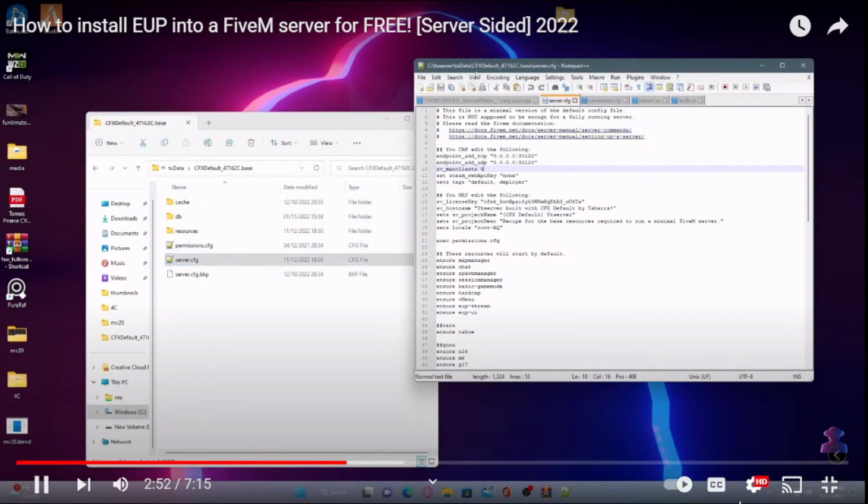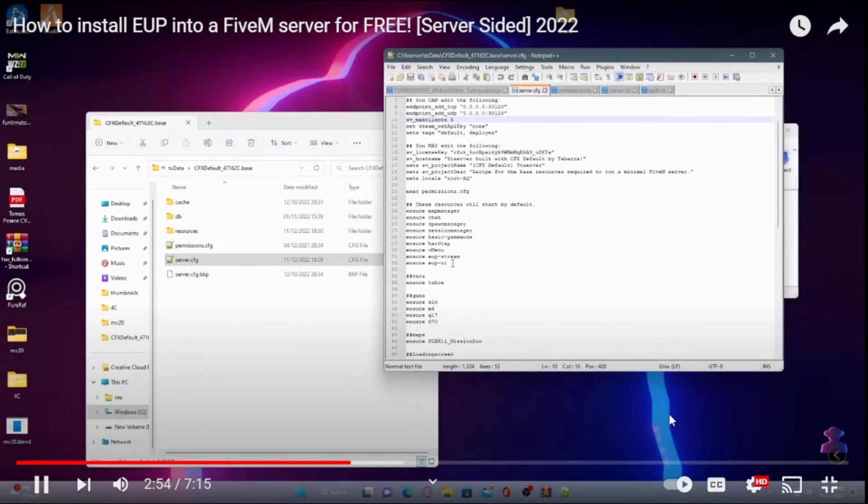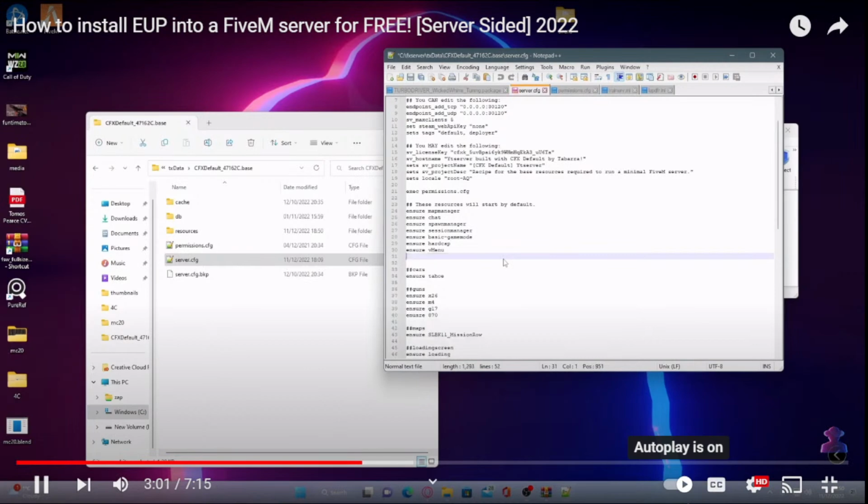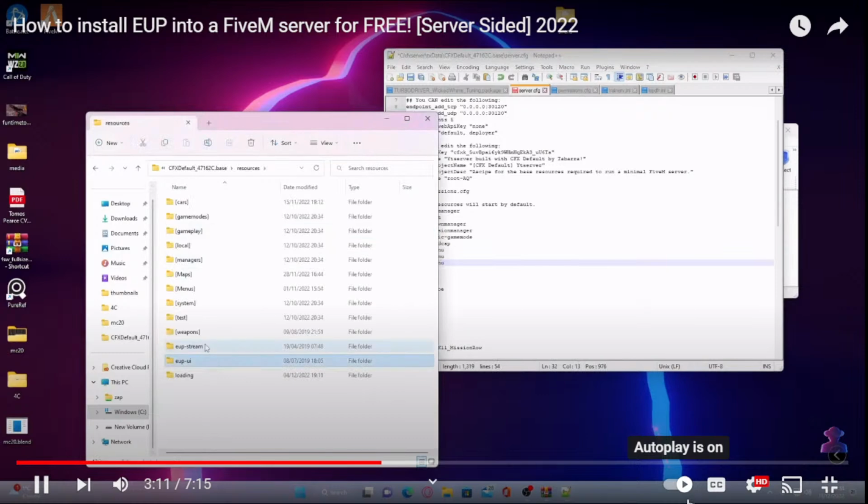Now, if you haven't already had this installed, you will have this. But the next step is making sure you ensure or start it in your resource file. To do that, if you don't already have it, copy and paste the most recent one you have and Control V it twice. Go back to your resources folder and copy and paste the name of each folder,